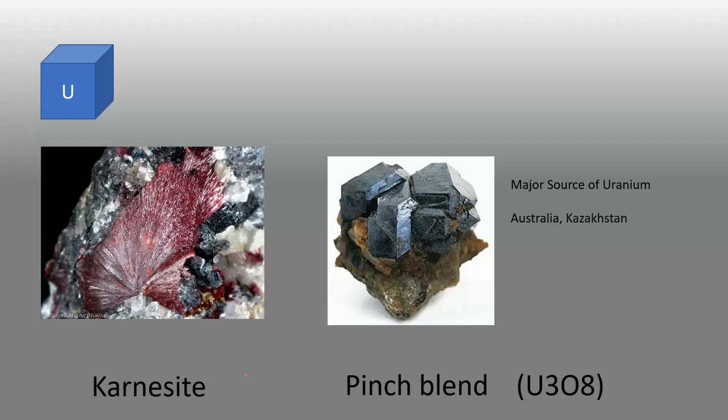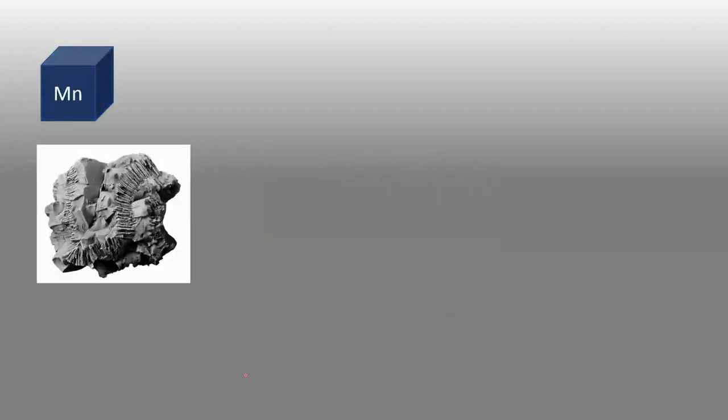In Australia the reserves are more, but production is not highest, and the commercial production is highest in Kazakhstan. So that's why Kazakhstan is called the powerhouse of Central Asia. Why? Because it is extracting the uranium from the ore and doing production in commercial form. And why Central Asia? Because Kazakhstan is in the Central Asiatic part. So that's why it is known as the powerhouse of Central Asia. Next is the manganese ores.